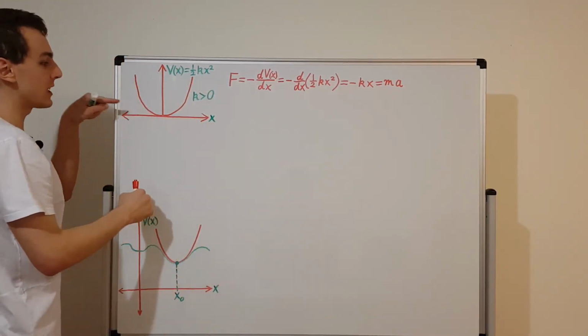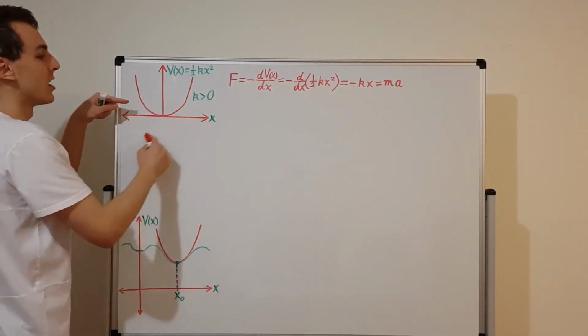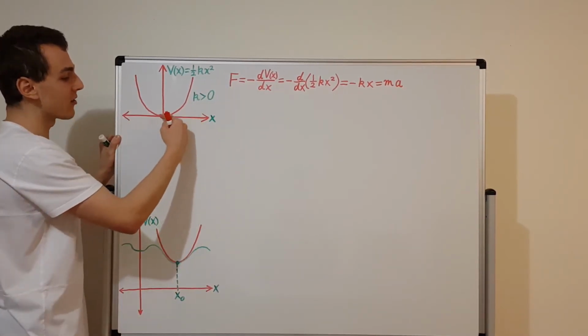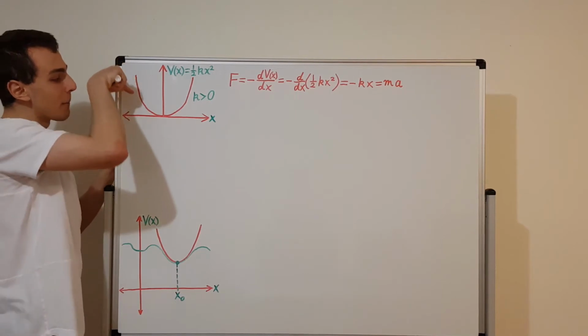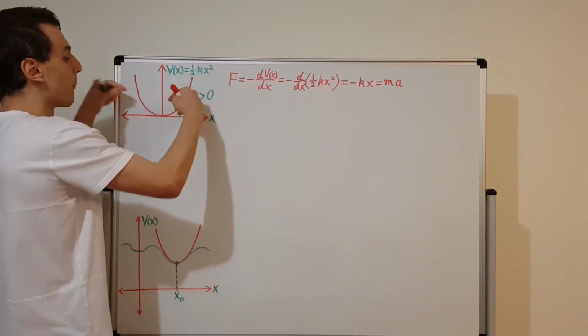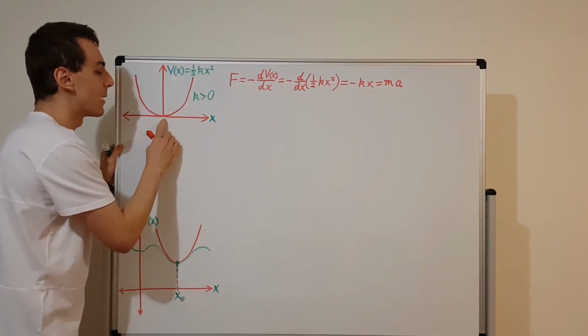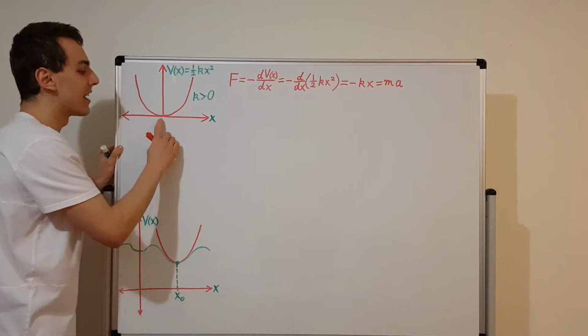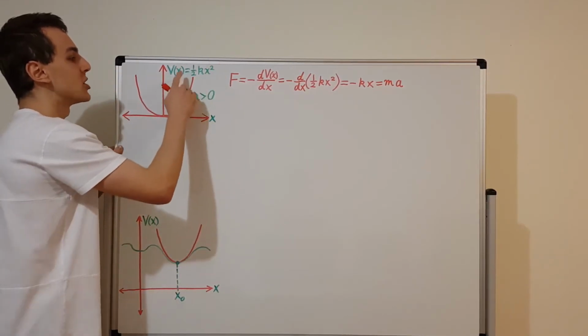So the force is going to point in this direction if we're on this side. If the particle is up here, it's going to get pushed back towards the minimum. And if the particle goes up here, it's going to get pushed back towards the minimum. It doesn't matter where the particle is, the force is always going to push it back towards this minimum at the origin. And we've set the origin at x equals 0 to be the minimum of this potential energy function